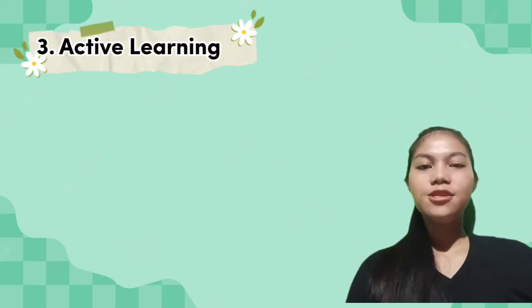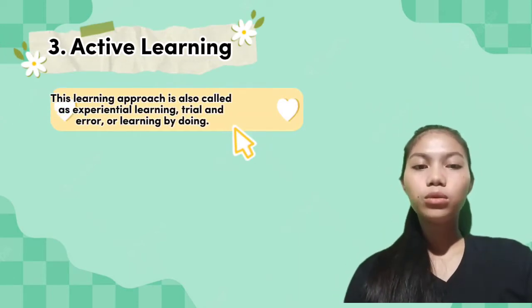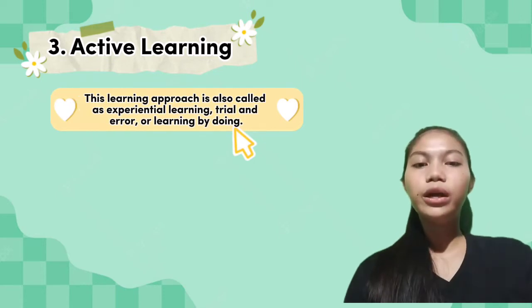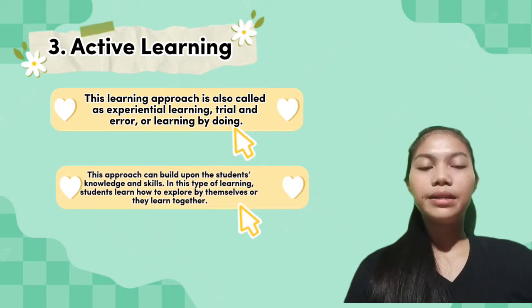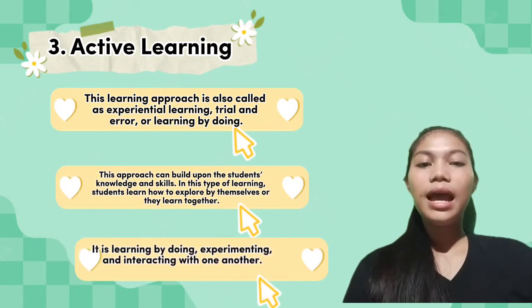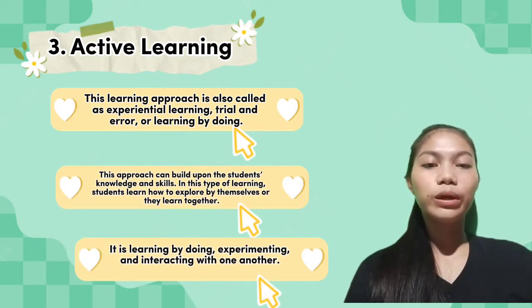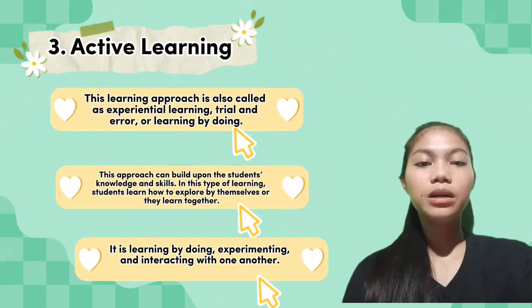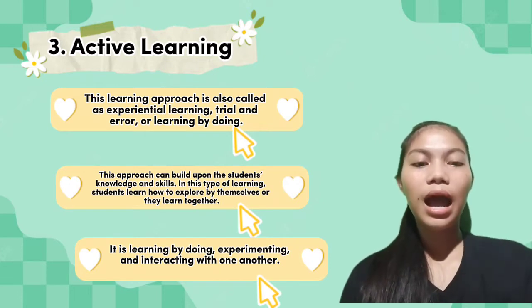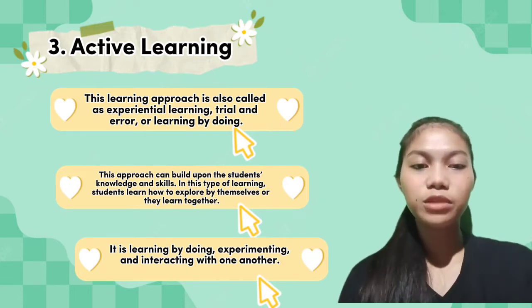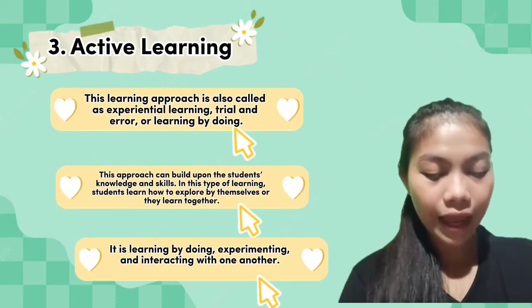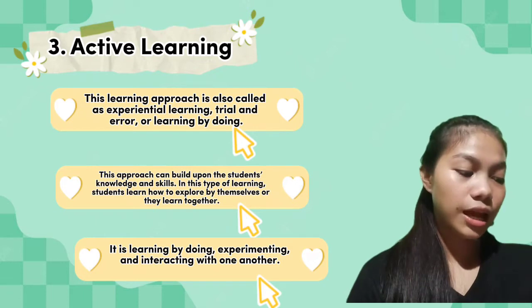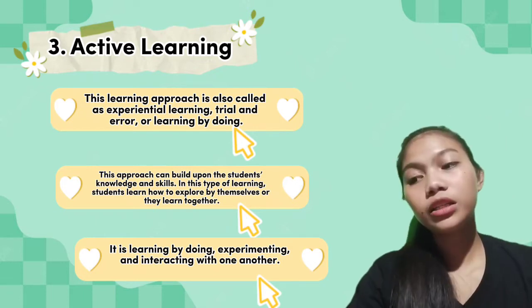So the third is activity learning. This learning approach is also called trial and error or learning by doing. So this approach can build upon the student knowledge and skill, and they learn how to explore by themselves or by learning together. It aims to build the knowledge and skill by doing. So sa active learning,